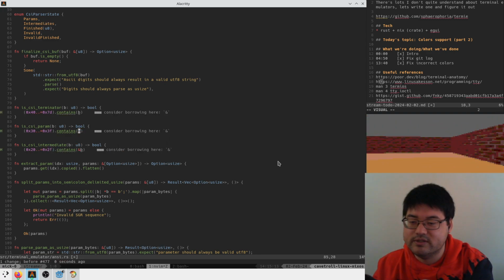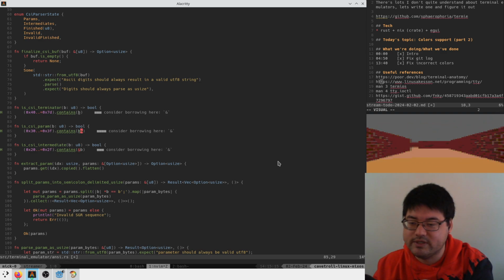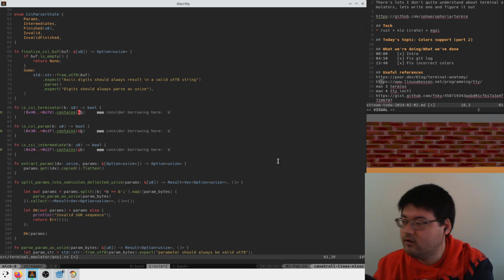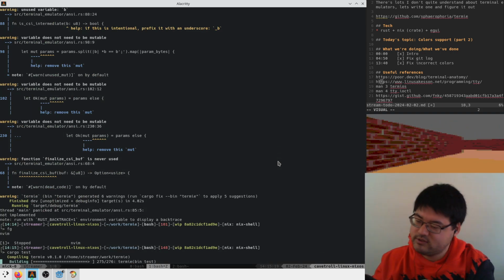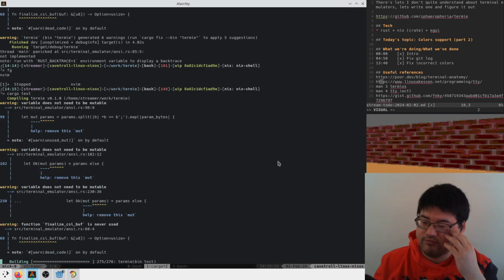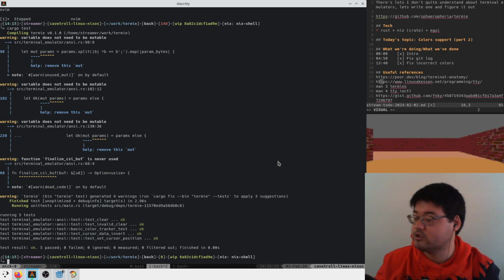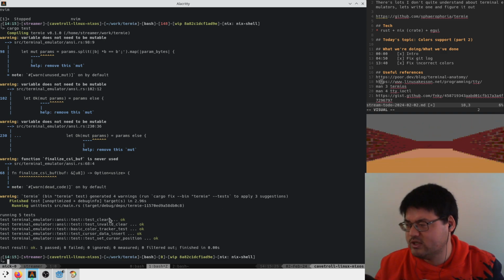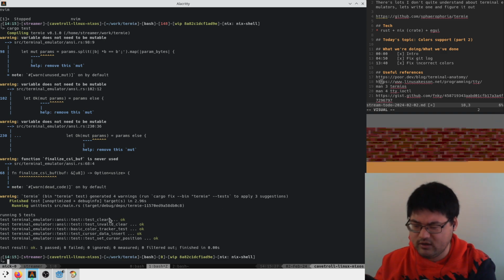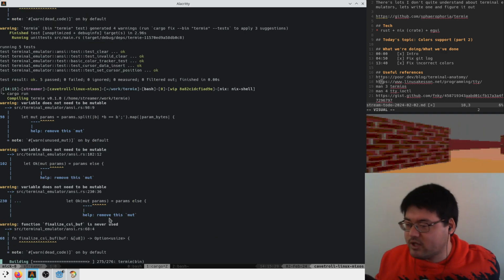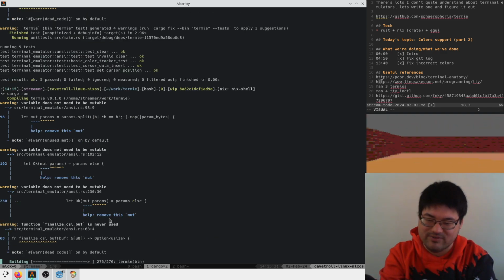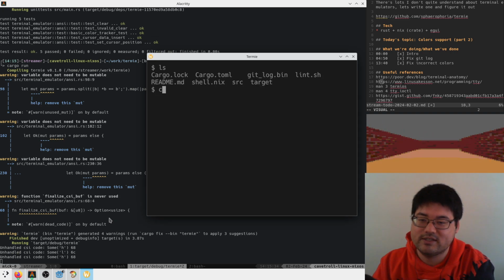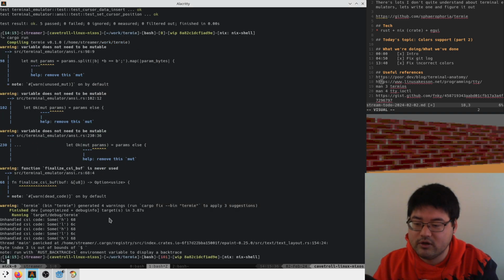And all of these need a little ampersand to make them happy. Cargo test. We can probably just check if the existing functions all pass, which is good. The fact that all of these are still passing means that we didn't really mess up anything heavily, to the point where, well, we could have messed up something, but nothing we've tested is heavily broken, which is good. And we can now ls, clear, and oh, clear is also still broken, so we have to